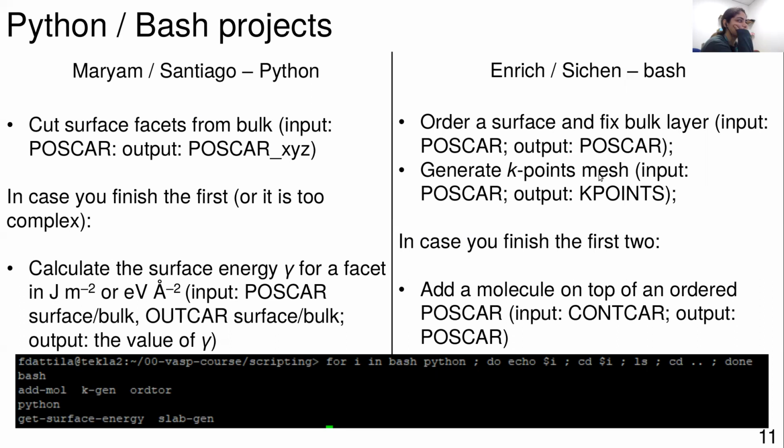Okay, the input is the POSCAR, the output is the KPOINTS. Well, actually KPOINT without the S, because that is the input for VASP. And again, not difficult, because in the POSCAR you get the lattice vectors and you just need to extract them from there. And then you know that the k-points should be like 30 divided by the lattice vector.